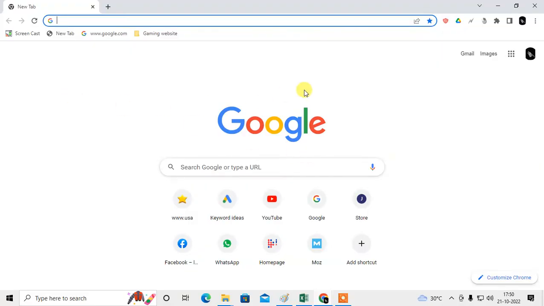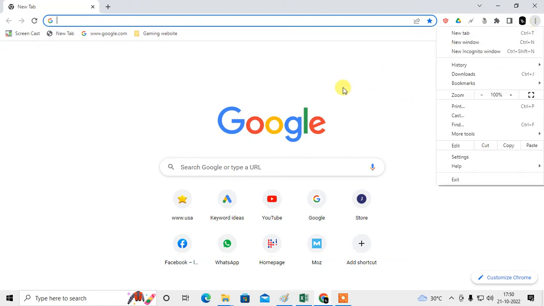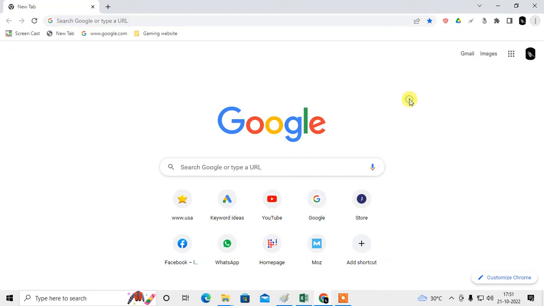Okay guys, so we are on my Chrome browser. As you know guys, there is no option on the Chrome menu bar that you can use to turn your Chrome browser to dark mode. So there is no option on the Chrome menu for dark mode. But there is a setting in Chrome that you can use easily, and change Chrome from light to dark